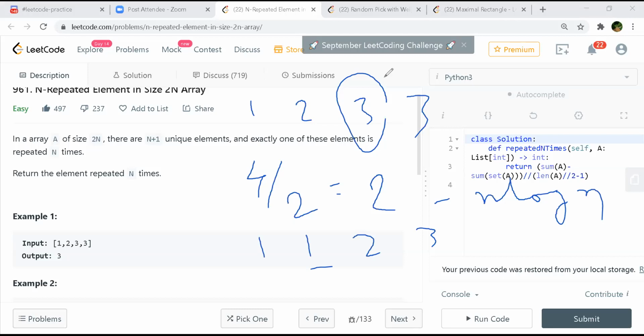So there are 3 scenarios, right? One scenario is where the n by 2 elements are all to the left. One scenario is where the n by 2 elements are all to the right. And the third scenario is where the n by 2 elements are in the middle somewhere, with some elements on the left and some on the right. You have to figure out all 3 specific cases, otherwise it's not possible. So we have to take a different test case. Correct. So this n log n will not work unless you do some more things in that, right?